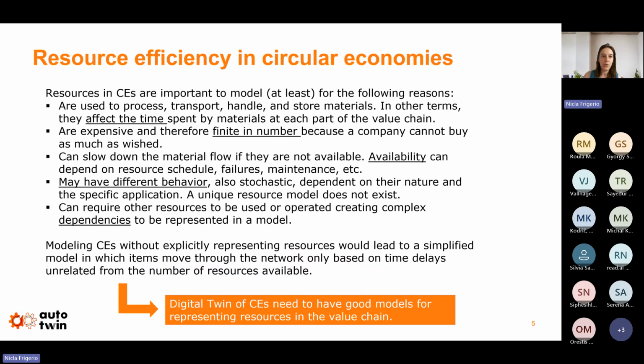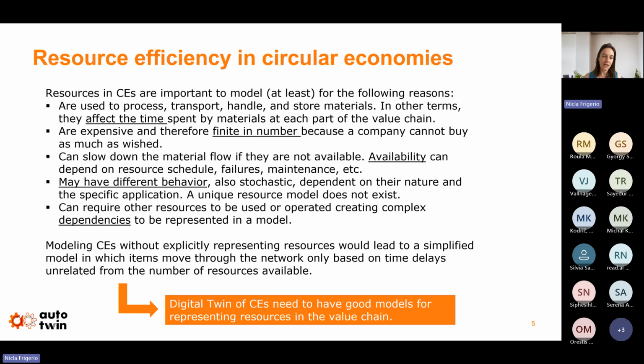The third point was related to resource efficiency. Why that? Because, as in linear economies, the resources affect the time spent by material in each part of the value chain, and there is a finite capacity in terms of number and also availability. Those characteristics of resources also impact the different behavior of resources that are dependent on each other and that can be stochastic.